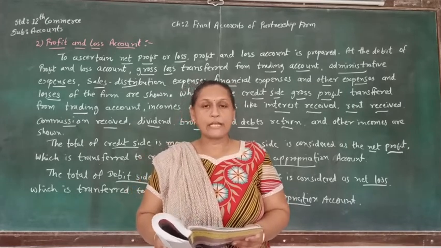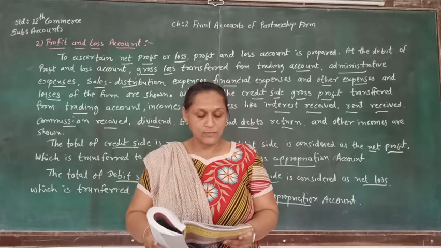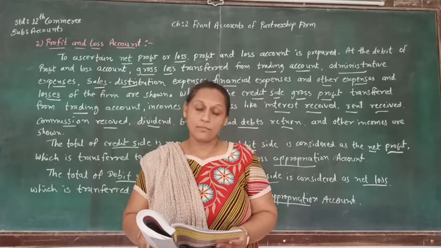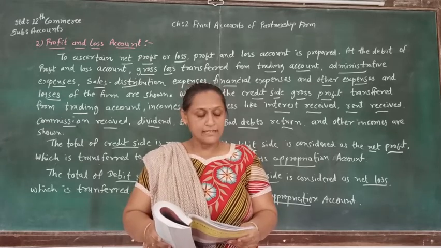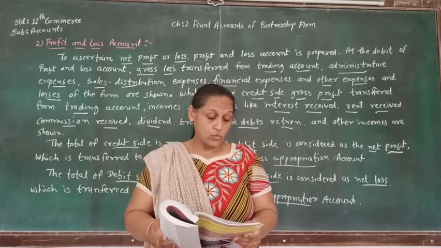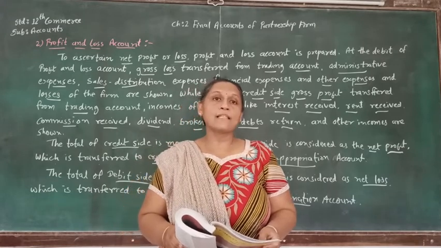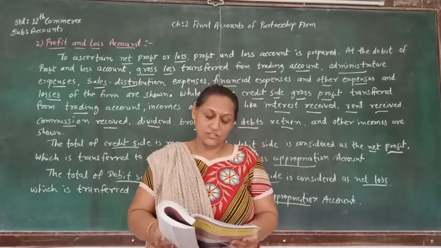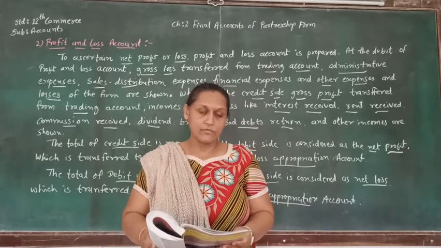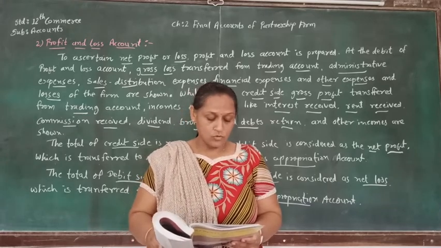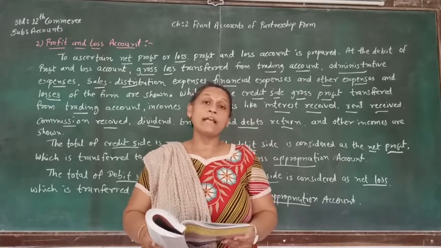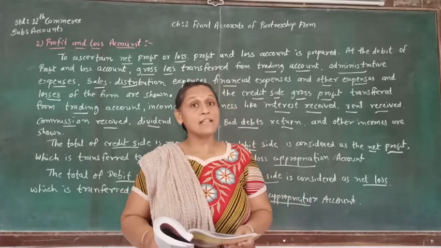Then the other heading of expenses is selling and distribution expenses, where the very first is carriage outward, then salesman salary or commission, then advertisement expense, then discount allowed, then discount reserve, and expense of showroom, godown expense, and packing expense. So these are examples of selling and distribution expenses. Now the other heading is financial expenses, where the very first is interest on partners' loan, interest on bank overdraft, interest on borrowed loan, bank charges, commission, and manager's commission. So these are the financial expenses.